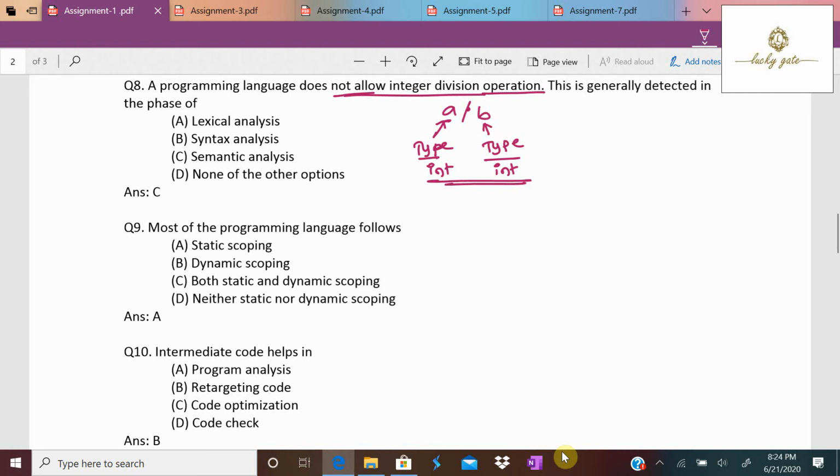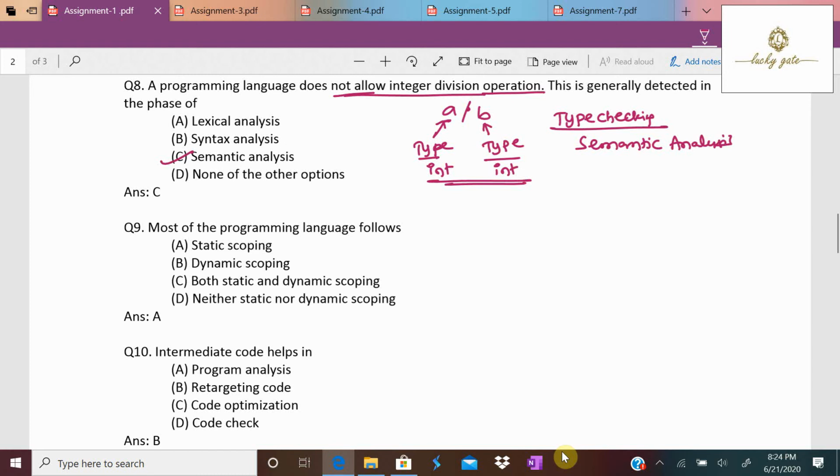So it has to check the types of the operands for the operation being performed. This is called type checking. Type checking is an important component of semantic analysis. So the answer for this question is semantic analysis, that is option C.